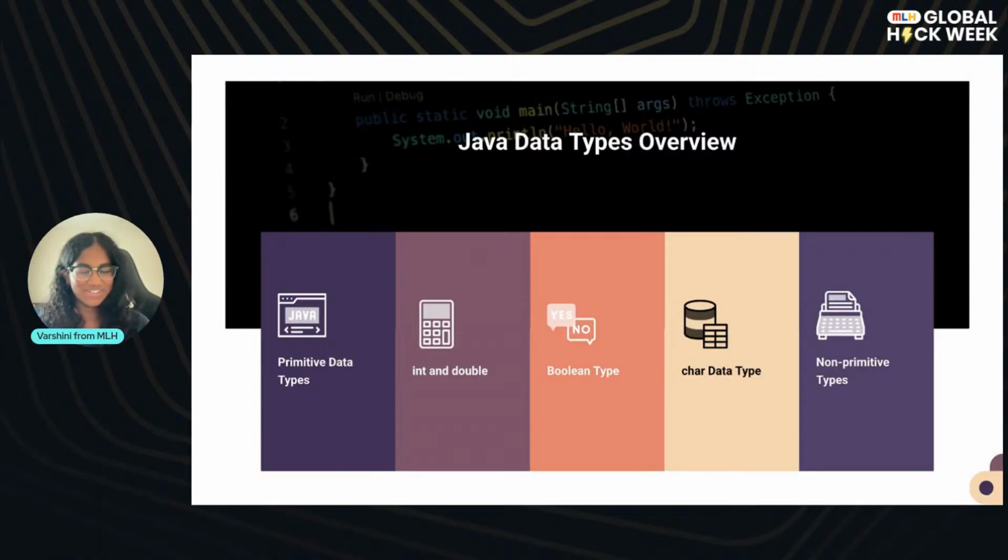Sorry, I'm confused. But Java is basically a strongly typed language. You'll have strongly typed languages and you'll have weakly typed languages. Java is strongly typed, and what this means is that every variable has to have a declared type. When you are creating a variable, you can't just create it and call it a day. You have to add a data type to it. That's just the way Java works, which is why some people find it a bit of a hassle. But let's take a quick look at some of the primitive data types.